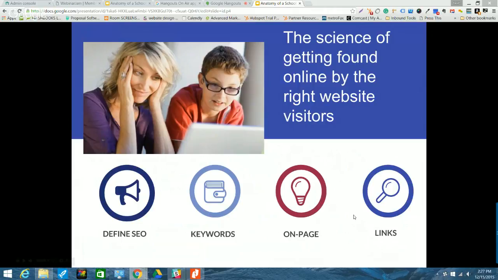So on-page SEO, this is another very important factor. If your pages aren't optimized correctly, your efforts have been wasted. This consists of placing your most important keywords for your school within the content elements of your actual pages. So there's a lot of details involved in that, and companies spend a lot of money to get that right because you want to make sure that the Google algorithm